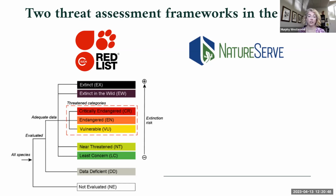For example, in population size, something that's a vulnerable species would have, let's say, 10,000 individuals left in the wild. A critically endangered species might only have 50 individuals left in the wild. So we parse these different species out and assign them categories based on thresholds they meet, based on things like population size and how rapidly the populations are declining. There are a few different ways that you can be deemed a threatened species. And beyond one of those threatened categories of vulnerable, endangered, or critically endangered, you get